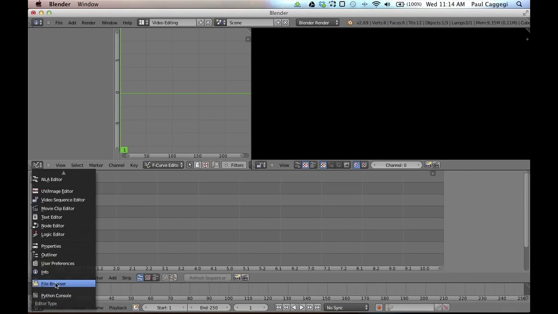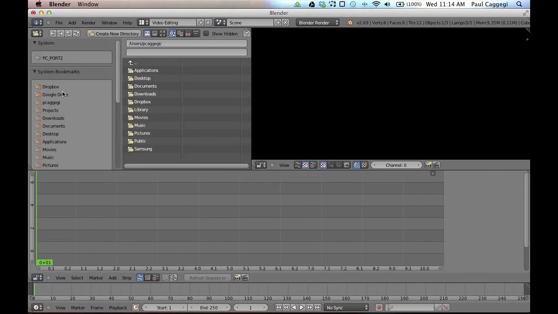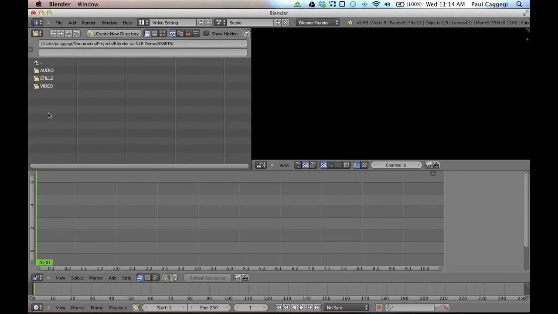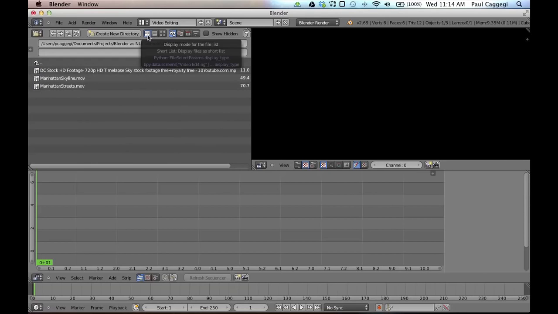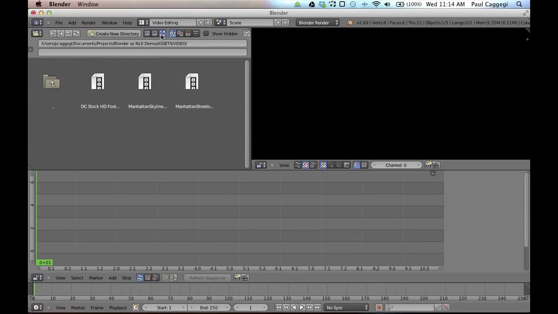So you change your graph editor to a window called File Browser and navigate to your Assets folder. I like to take away the left-hand portion of this window and just sort of extend that out. You can always bring that back just by clicking on the border and dragging right, but I like just to see my folders. And to illustrate this, I'm going to open up my video folder inside my assets, where I've